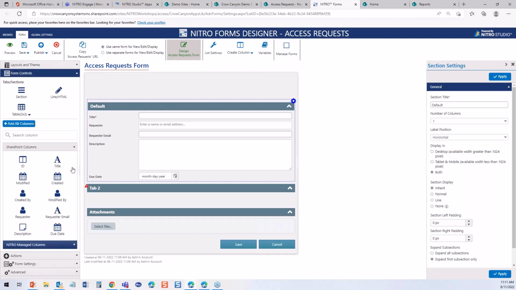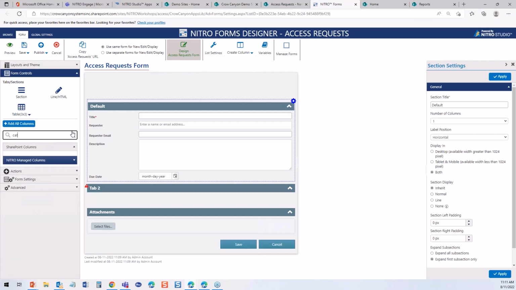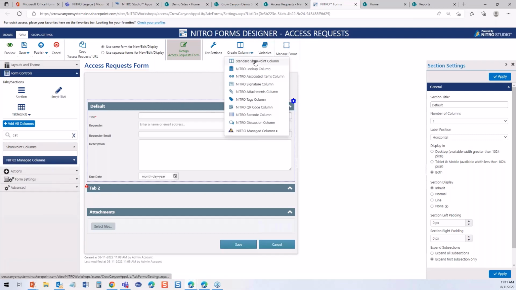So first thing we want to do then here, just to show some functionality, is to get, we were going to do what? Category and issue type, I think, right here. So we're going to find category. Do we have a category field? No, we have to create one, right? So we go here, we create a column,